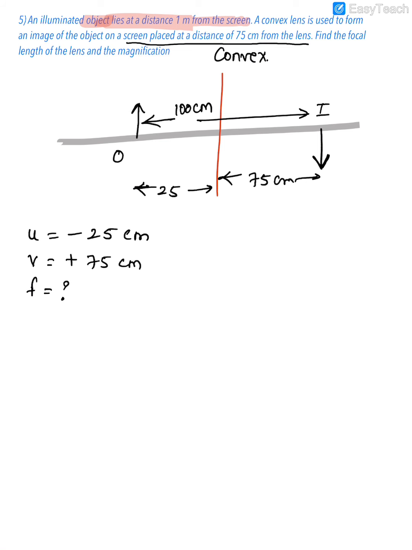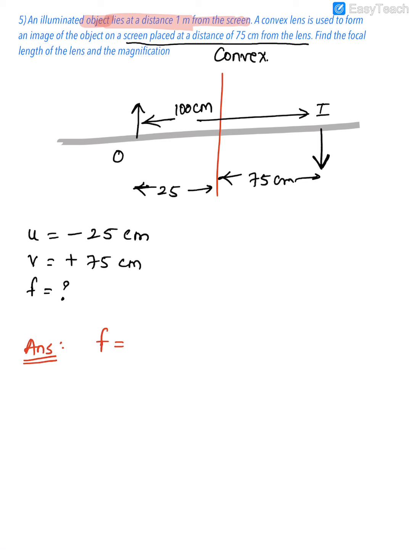Okay, you have to also find the magnification. So magnification is what? V upon u. So you can find it mentally only here. It will become how much? Minus 3. Okay. So guys, I'll just tell you the final answers out here. You can solve and check your answer. So the first answer, that is the focal length, it will come up to how much?